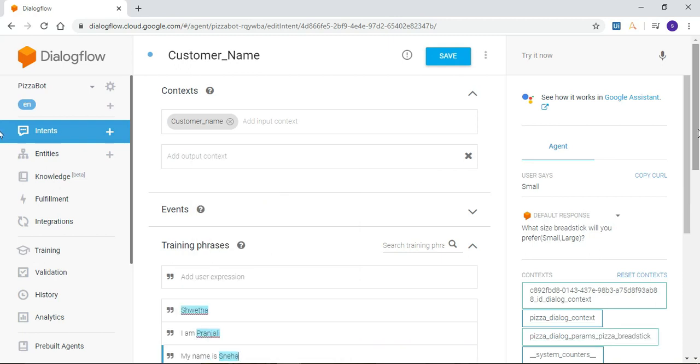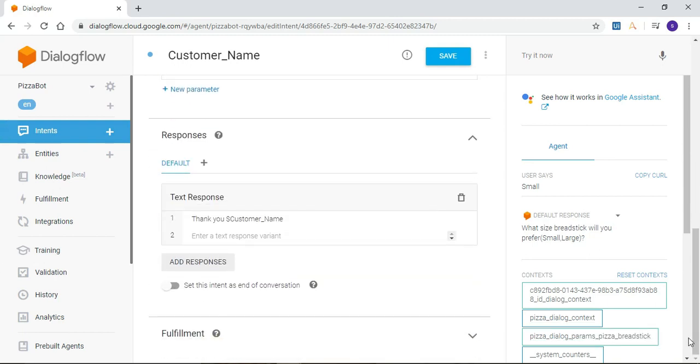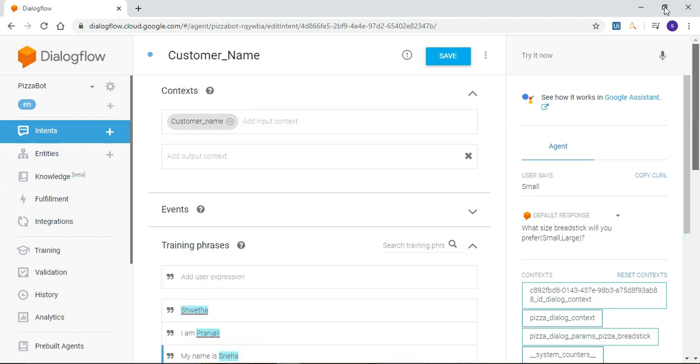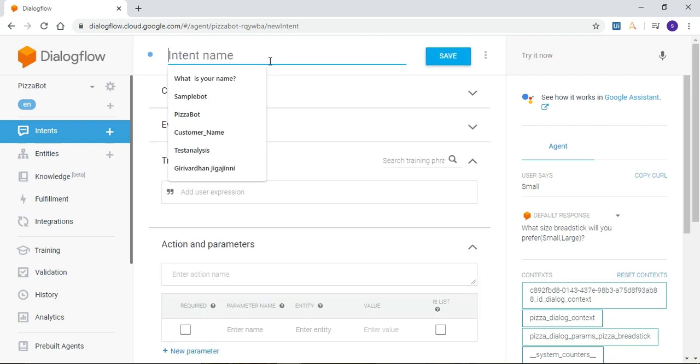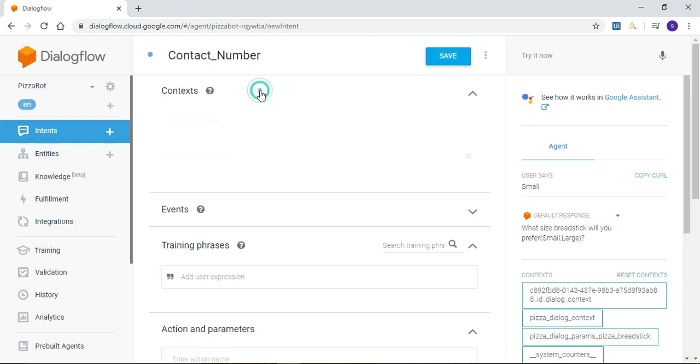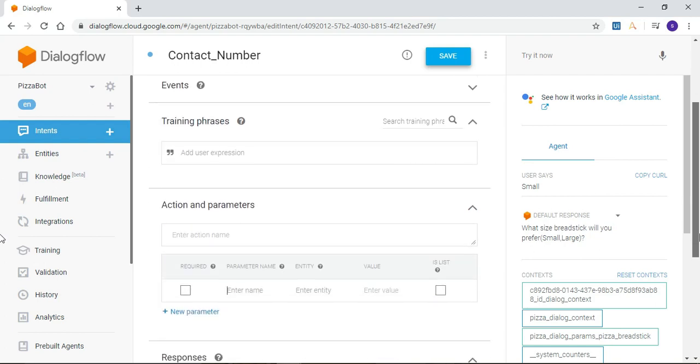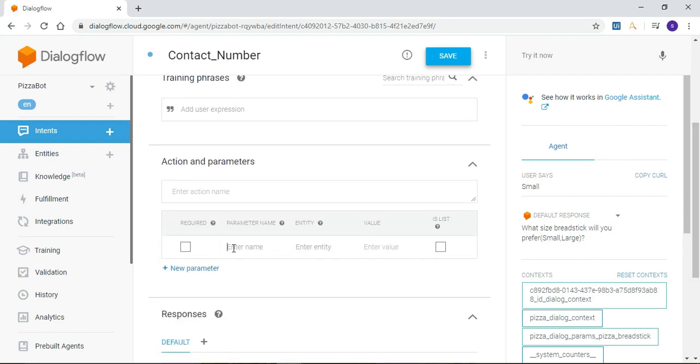Now go to responses and add a text response saying thank you customer name and enter your contact number, and go back to the context and add an output context saying contact number and click on save. Once this intent has been saved successfully, create one more intent as contact number. Pass the input context, go to action and parameters and create a parameter named contact number.